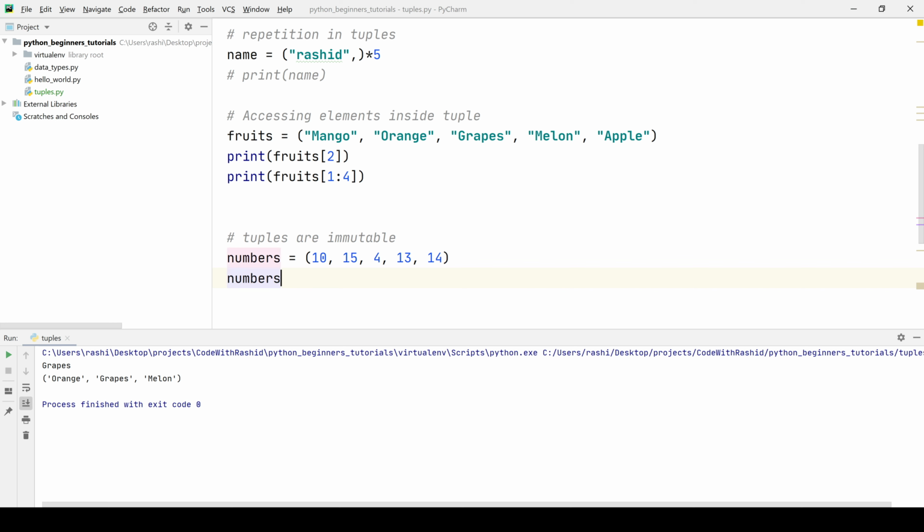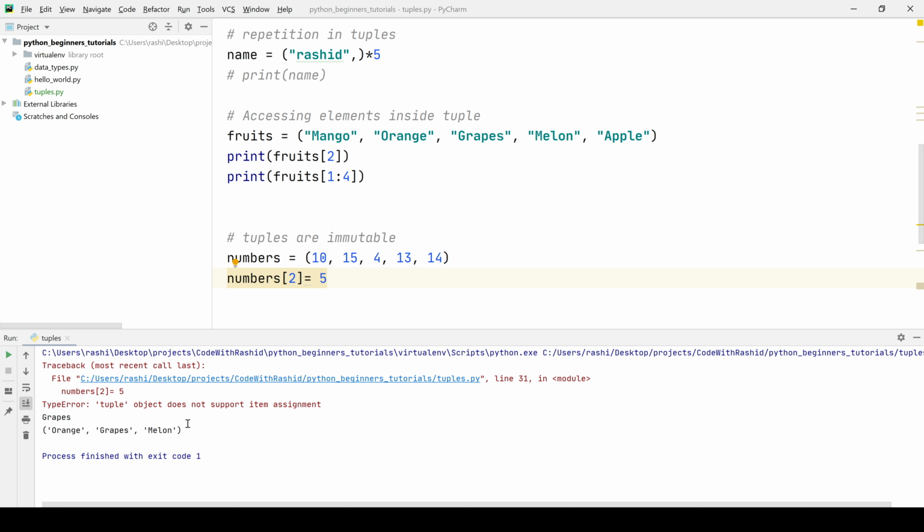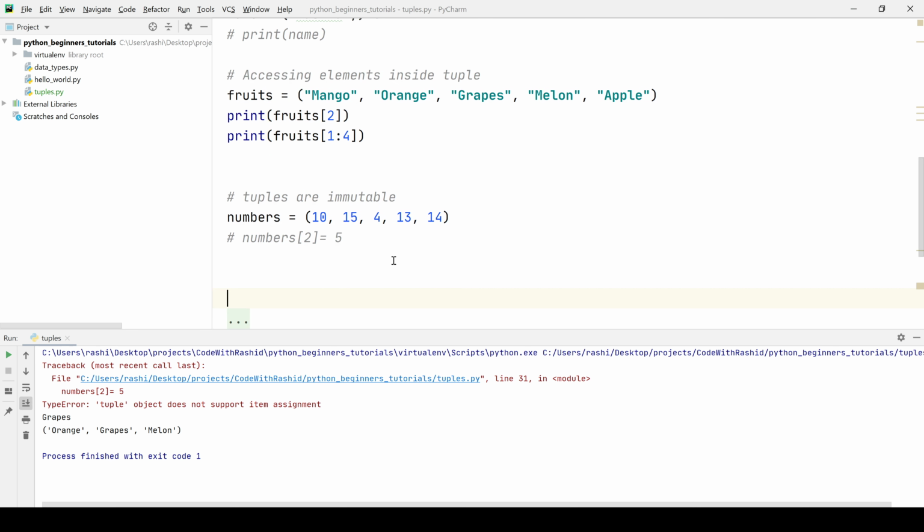Let's say I say numbers of 2. I want to replace this value with 5. If I do like this, I shall get an exception. The exception is tuple object does not support item assignment. So tuple is immutable. We can only declare it, but we cannot change it.